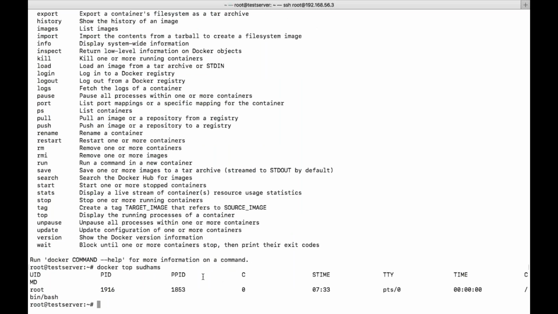So this is the only process which is running in the container. And then unpause, you already seen it. Update, I already told you, right? Let us say you have created a container, and if you forgot to give a port forwarding, then we need to use an update. Not only port forwarding, CPU, memory limit, block input and output, everything you can give from here. Okay. If you want to see the version of the Docker, then Docker version.